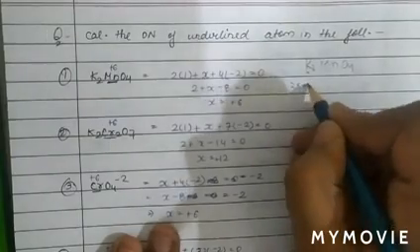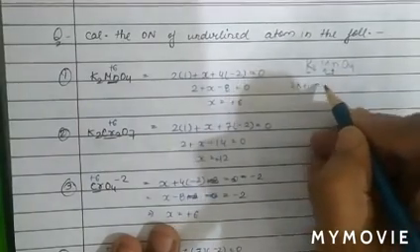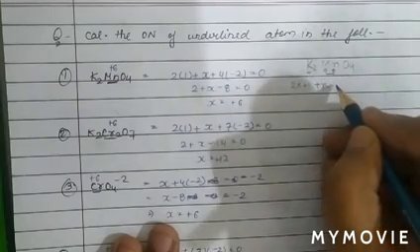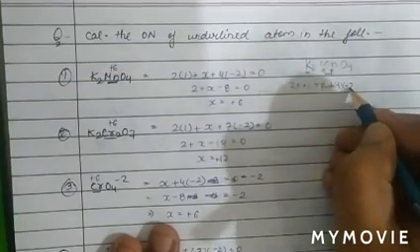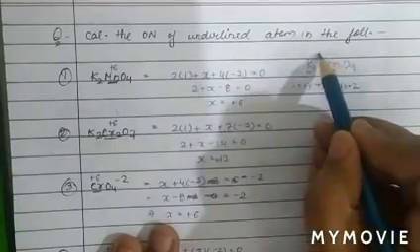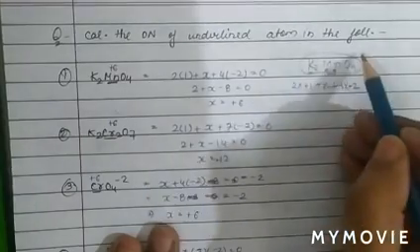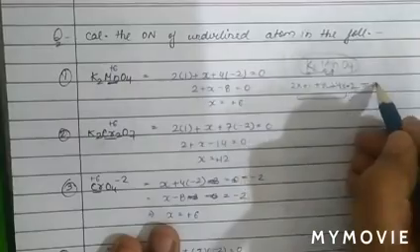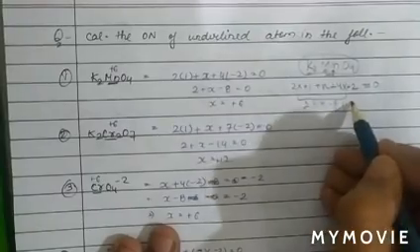So 2 into +1, and the oxidation number of manganese, let it be X. Oxygen is present in this compound in the form of oxide, so 4 oxygen atoms are there, so 4 multiplied by the oxidation number of oxygen, -2. We know the sum of the oxidation numbers of all the elements present in the compound is equal to the charge. The charge on K2MnO4 is 0, so the sum of oxidation numbers will be equal to 0. On solving, we get 2 plus X minus 8 equal to 0. We get the oxidation number of manganese equal to +6.